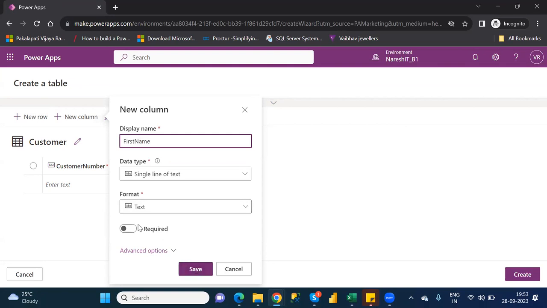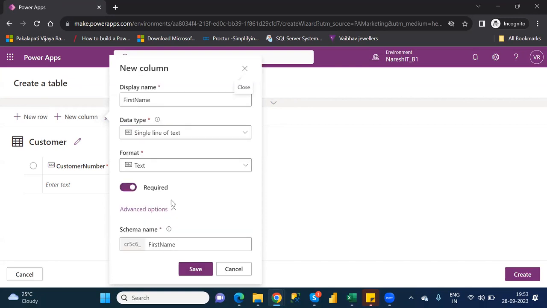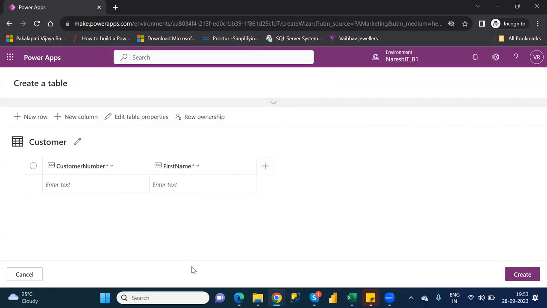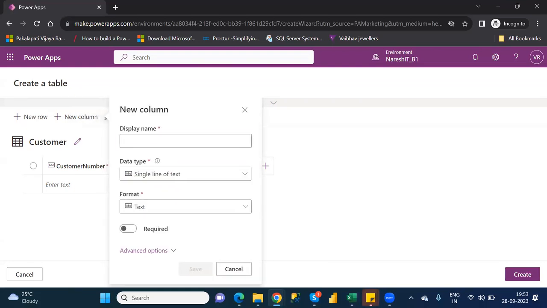And click on, is the column required? If it is required, you have to say yes on it. And under the advanced options, see here, this is the name, it will be there. Click on save. See, first name will be created. Like this, whatever columns are available in the data source,